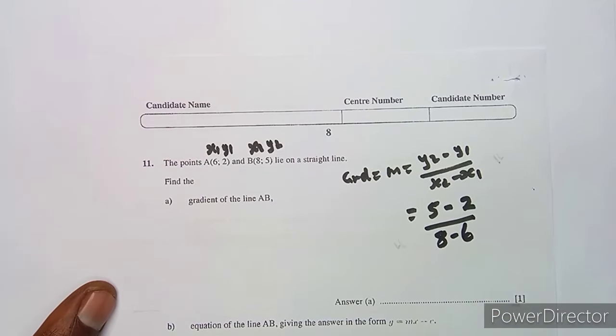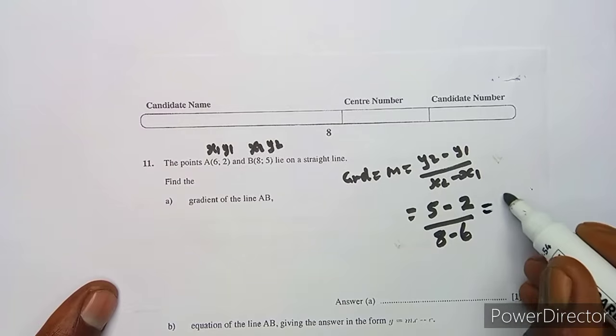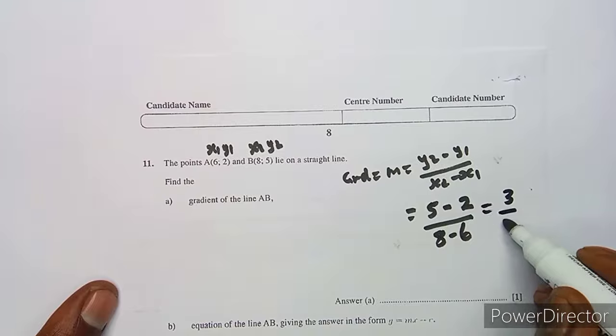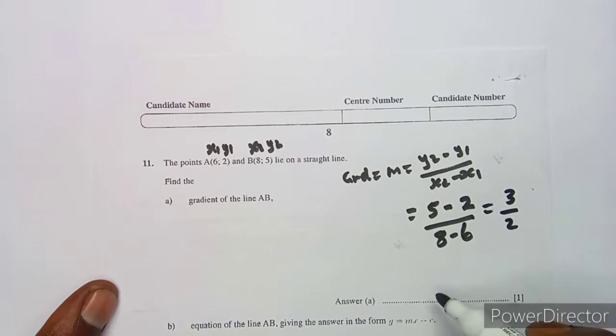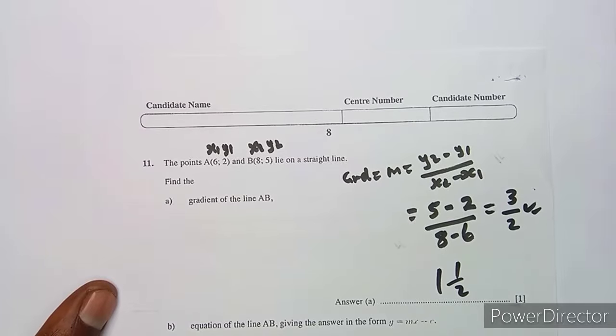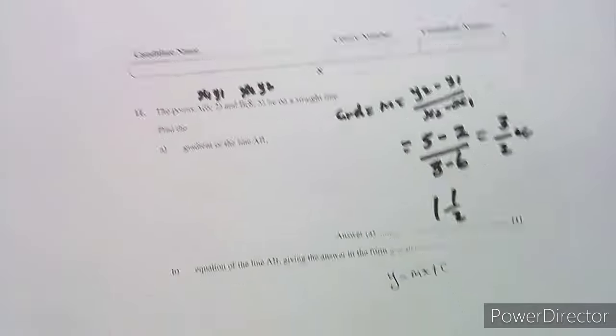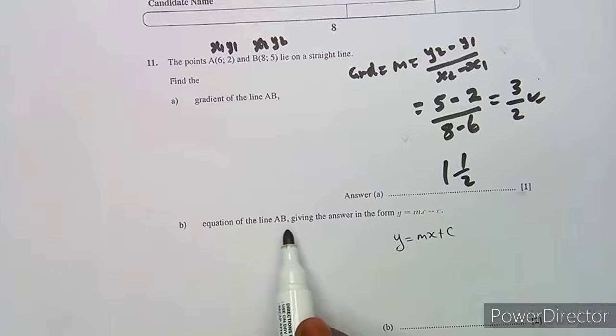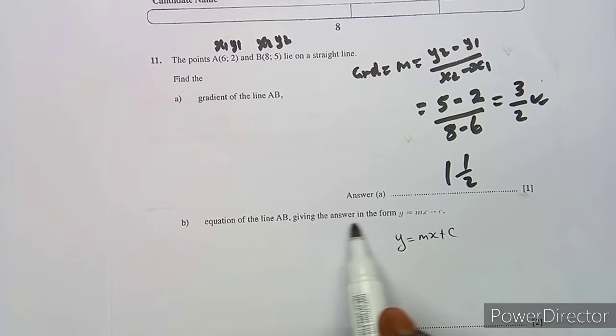So simplifying properly, guys, 5 minus 2 is going to give us 3. Okay, that's 3. And 8 minus 6, which is 2, so that's 3 over 2. You can maybe write it as 1.5, or you can leave it like that. For gradient, it's fine. All right, then we are given to find the equation of line AB, giving your answer